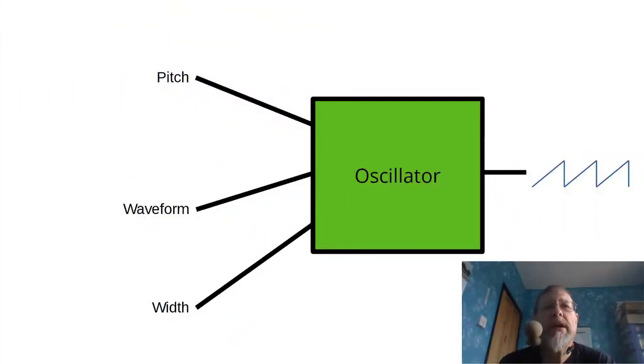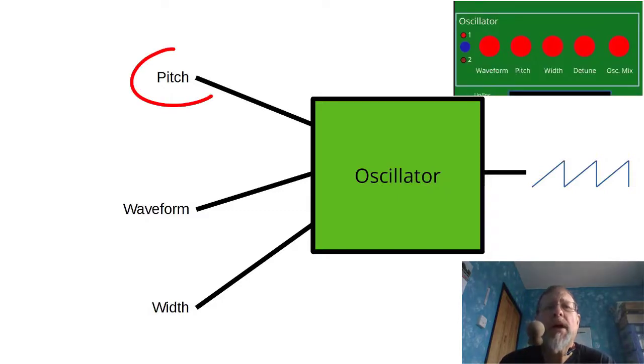And today, as promised, we will be looking at envelope generators, but before that we're going to take a look at parameters. And what are parameters, you ask? Well, let me explain. Let's take, for example, the oscillator we developed in the last video. It has three inputs: pitch, waveform, the amplitude of the second sawtooth wave, and width, the phase difference between the first and second sawtooth